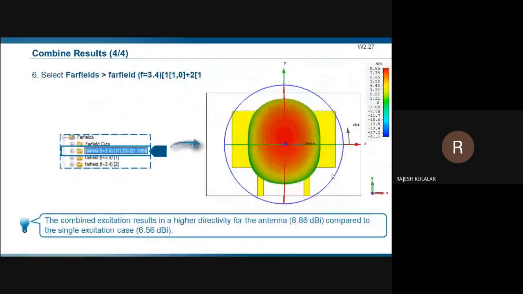When you use the combined result, this means array antenna performance, and you can check here 8.86 dBi. This means antenna directivity and antenna gain improved due to the antenna array.